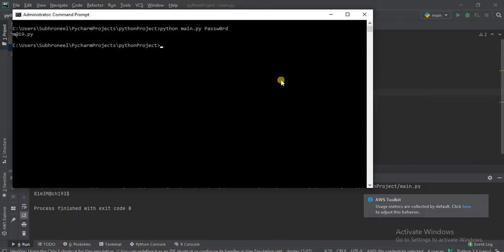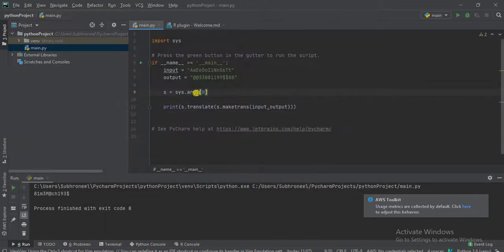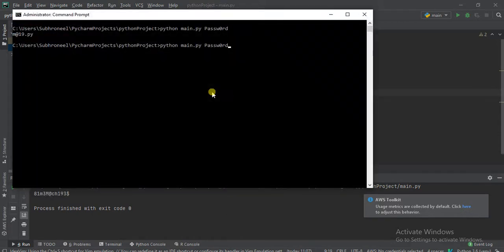I think there is a small issue: the first argument, index 0, is the file name. So let us just make it sys.argv[1]. Now we have P@$$W0RD.